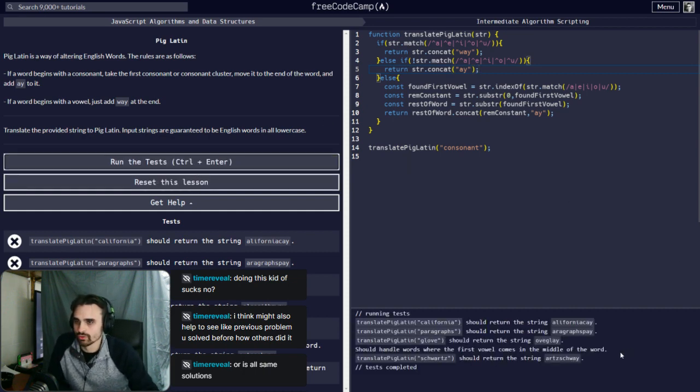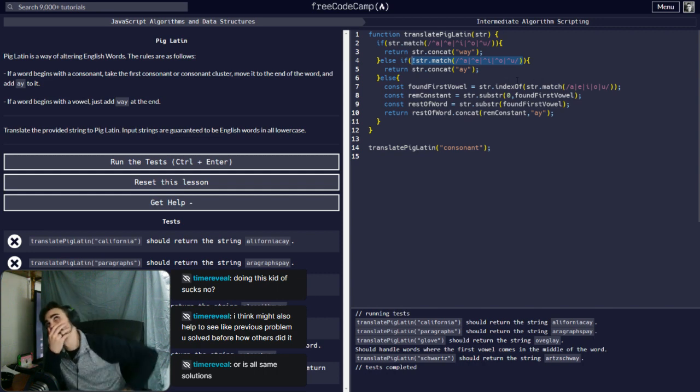Well, crap. Wait a minute. I know what's wrong. Because if we did that, that means every single thing like glove, paragraph, I see what it's doing. So string.map. Let's do a